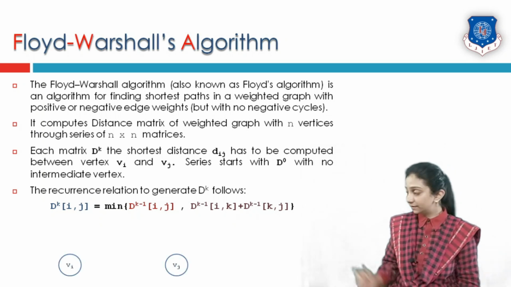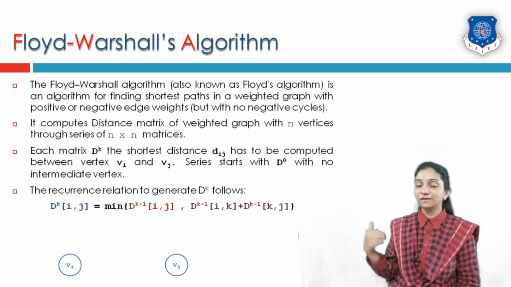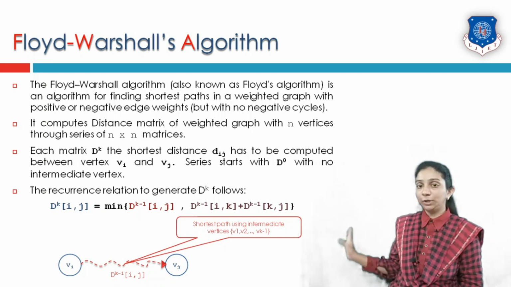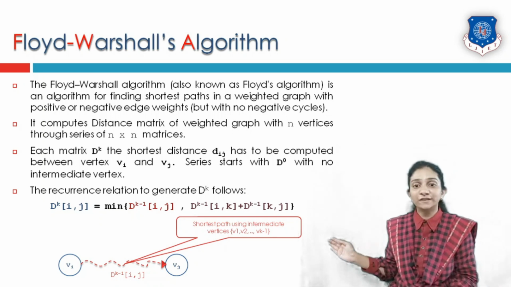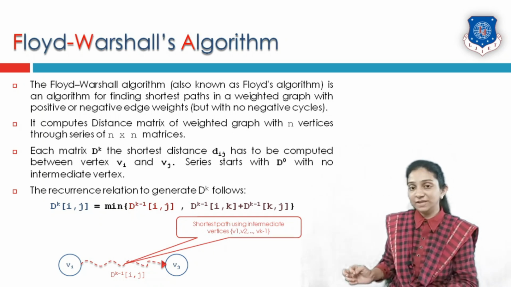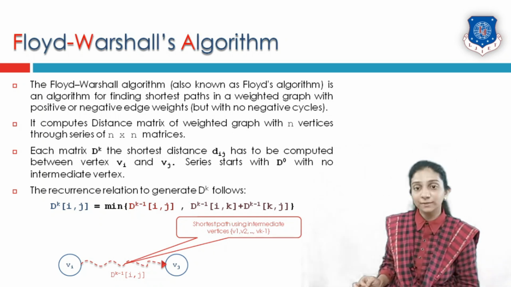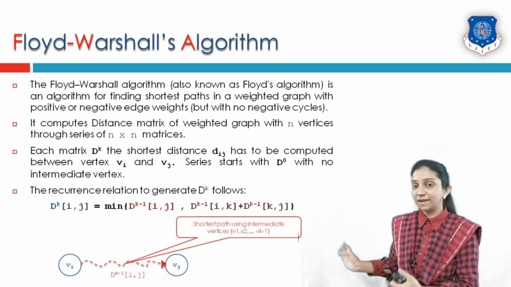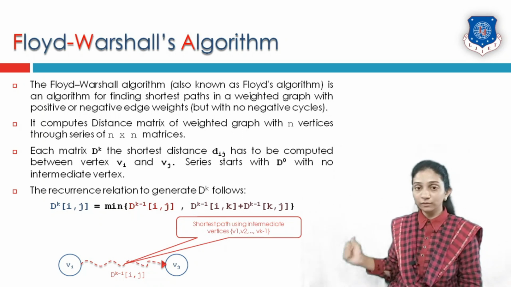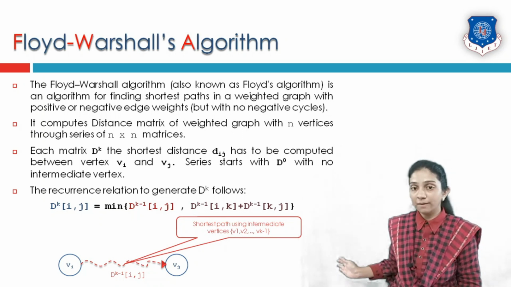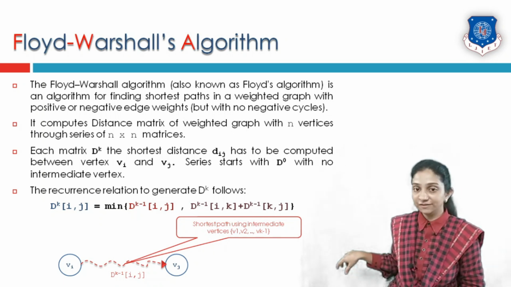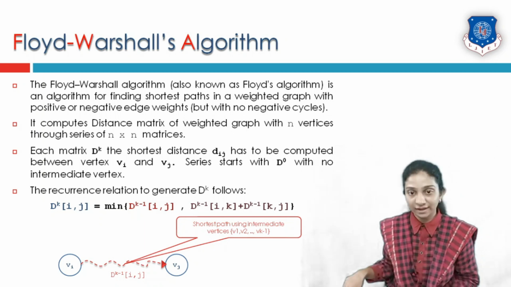Consider it this way. There is a vertex vi and there is another vertex vj. There might be a path from i to j which includes some intermediate vertices, like v1, v2 up to v of k minus 1. Any vertex can be present or cannot be present at this moment. That's why I have not shown a solid line. It is shown by a dotted line. So it might include some intermediate vertices from 1 to k minus 1.